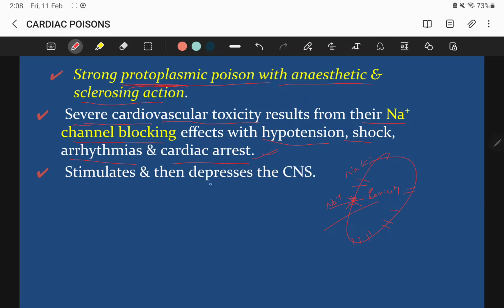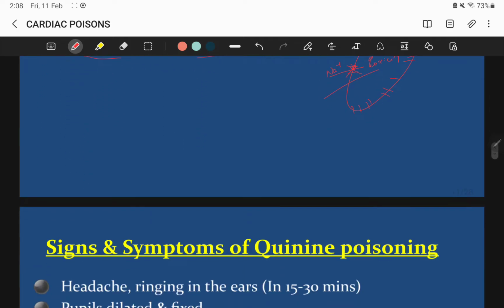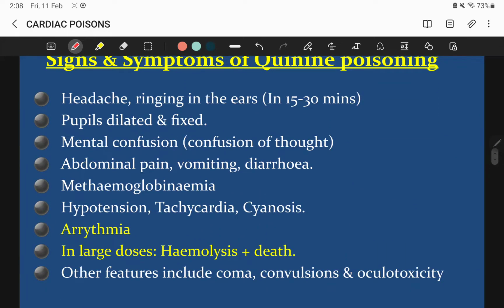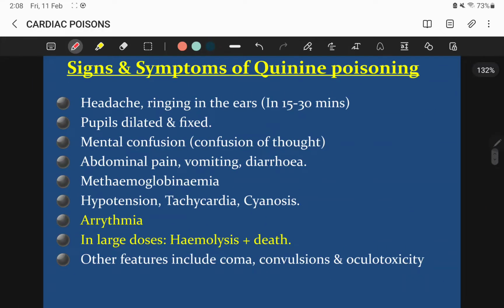What does it do on the brain? It will stimulate and then depress the central nervous system. So that's it. What are the other signs and symptoms of quinine poisoning? Headache, and then ringing in the ears, tinnitus, which would be subjective tinnitus. The pupils will be dilated and fixed, with no perception of light. And then mental confusion, confusion of thought, abdominal pain, vomiting, diarrhea,